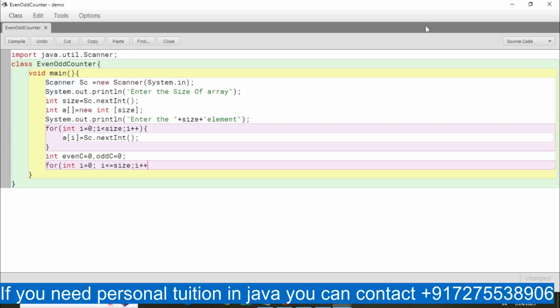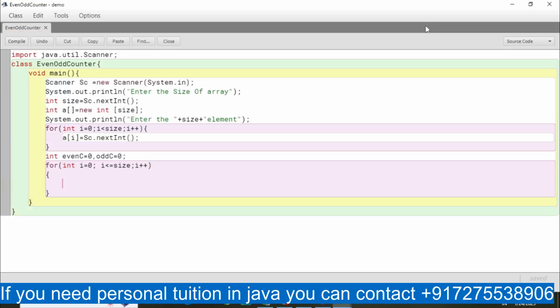Now in the for block, I will use if a of I,